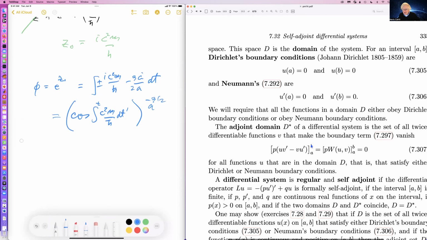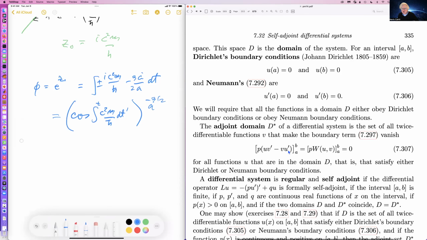And then you say, let us say that D is the set of all functions U that satisfy the boundary conditions, then the adjoint domain is the set of twice differentiable functions that make this Wronskian boundary condition vanish for all U's that are in the domain. So the V's are such that if U is in the domain, if U satisfies the boundary conditions, then V makes the thing satisfy the